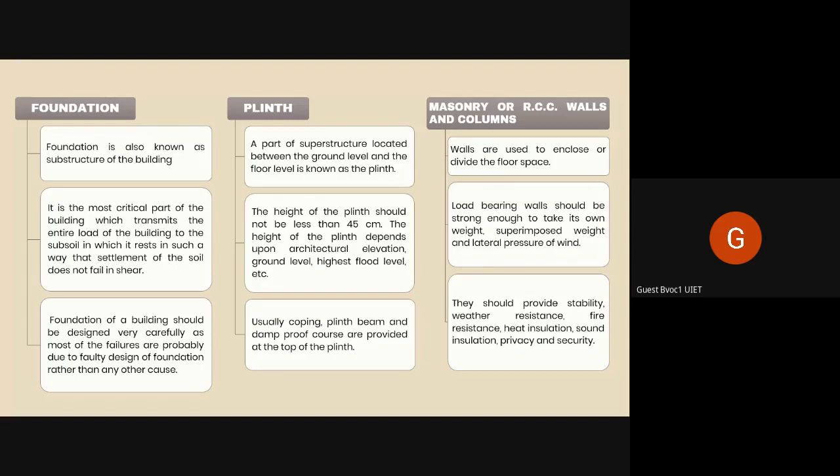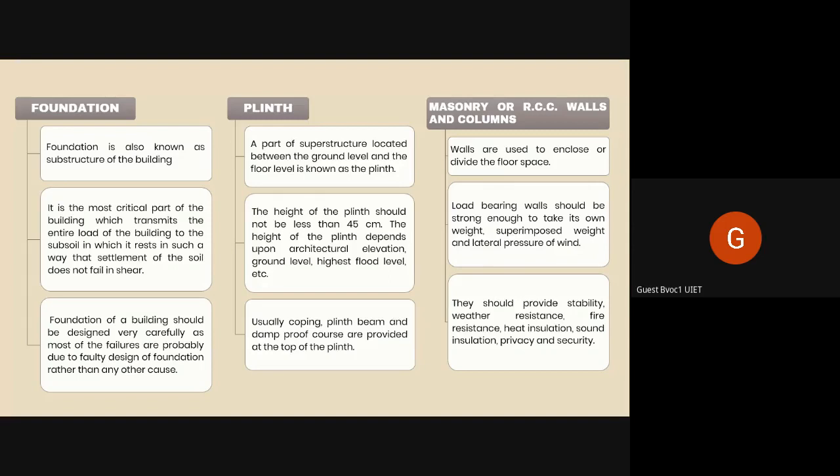Any creatures, any small animals, suppose in a garden you find frogs, earthworms, and all sorts of creatures on the ground. And if your house continues on that same level, there is a chance that these creatures will enter your house as well. So to prevent water, dust, or things like that, and creatures from entering your building, we should provide a plinth.